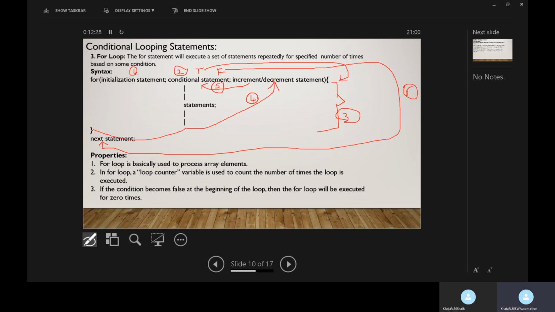The initialization and increment decrement statements use one variable called the loop counter variable.